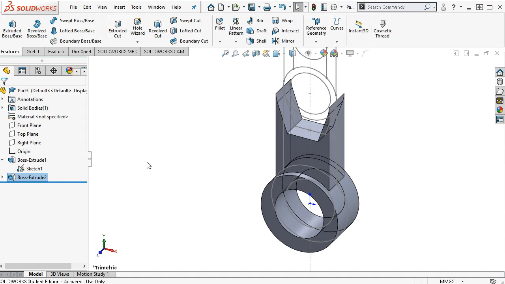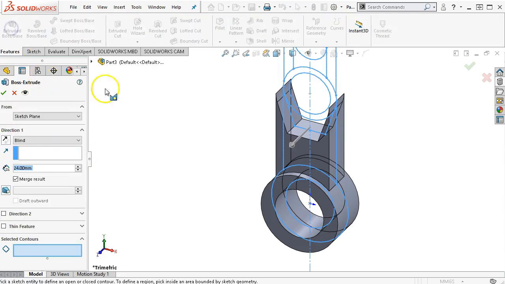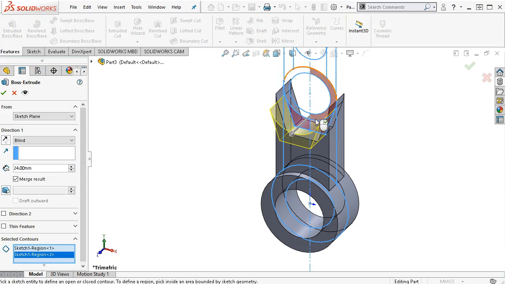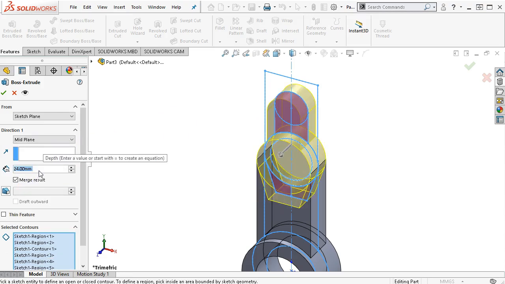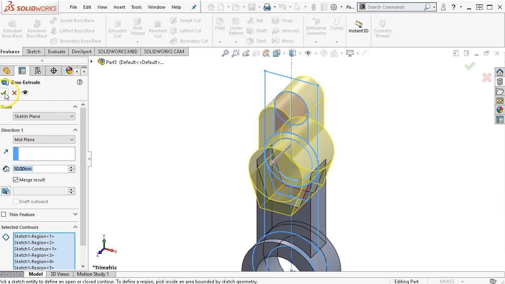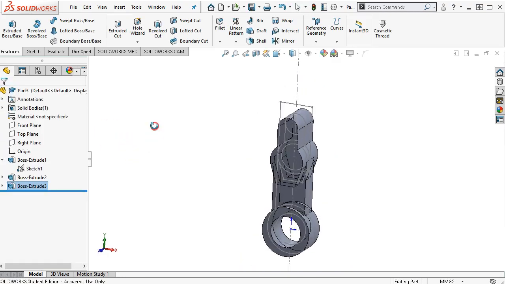And then the boss portion, let's see, we have a 50 for the overall, so I'm going to go back and pick up, and that gets everything. Let's go ahead and get those, and then midplane, and then this one will come out to 50. All right, and then